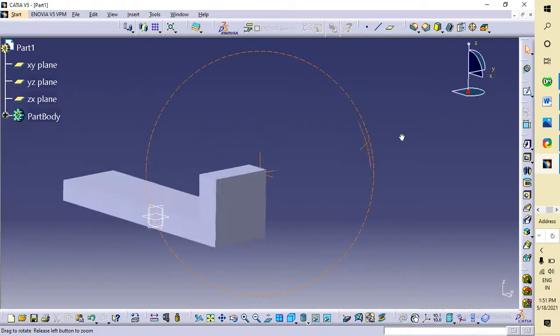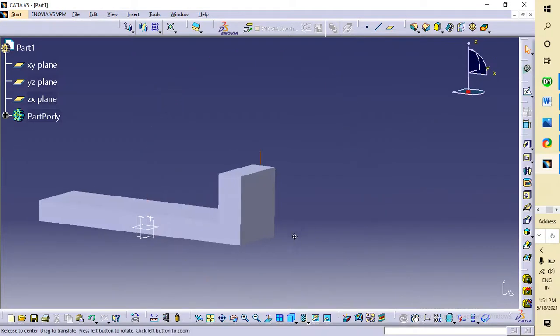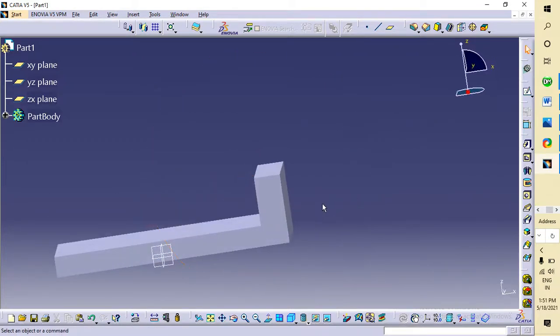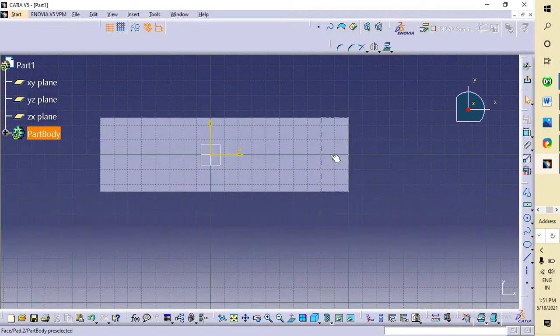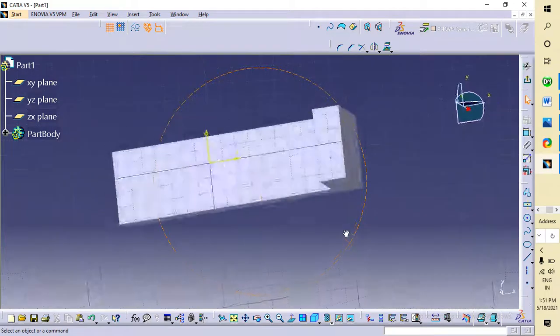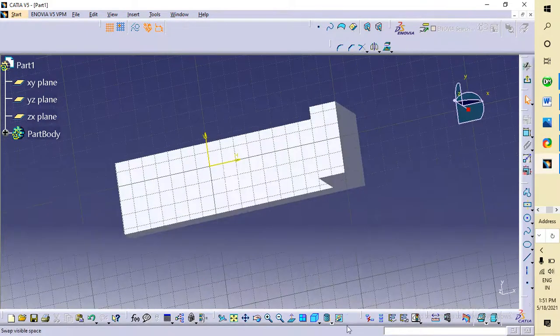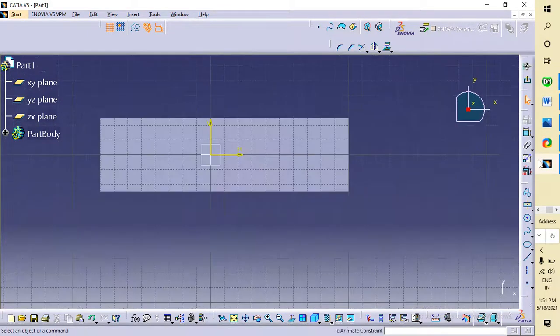Do not worry about drawing the fillet. We'll draw it at last. So now I'm selecting this part. Go to sketch. Now I have a problem, or I'm confused. This is this part and this is the other part. Now I know this part. Otherwise you can see by rotating it. No problem guys, go to normal view, and I'm going to select this one.